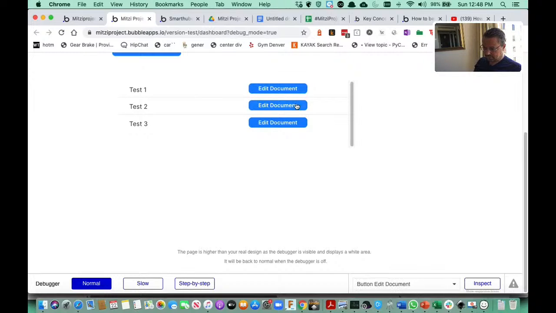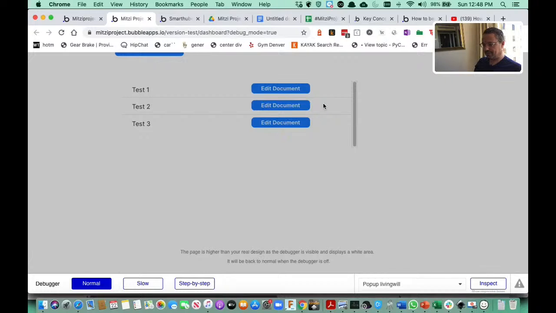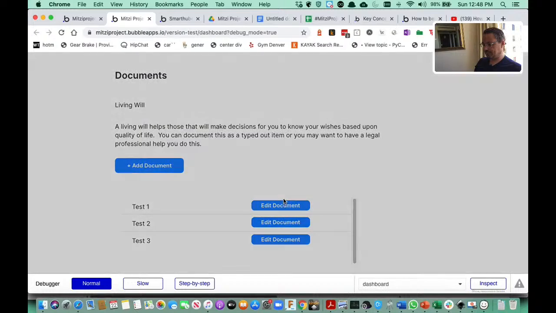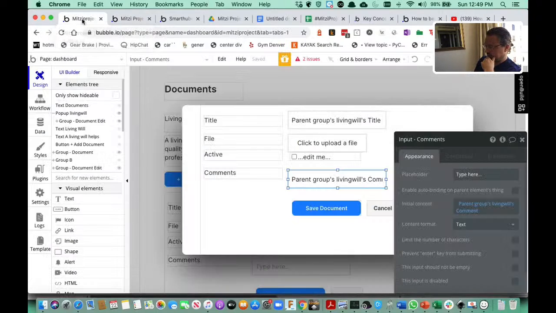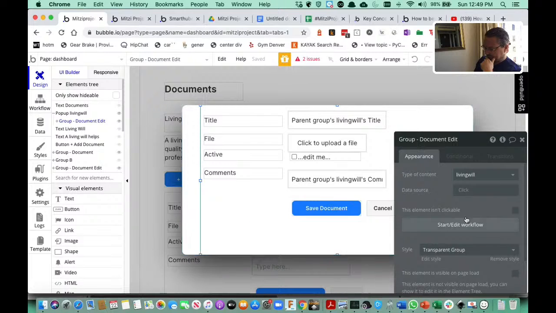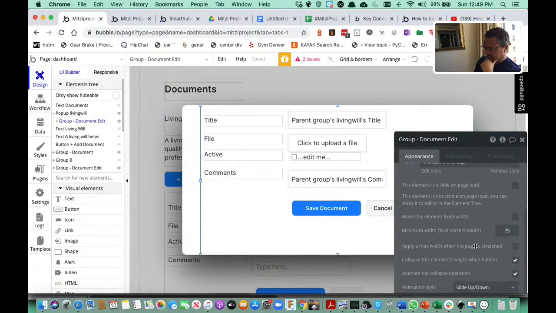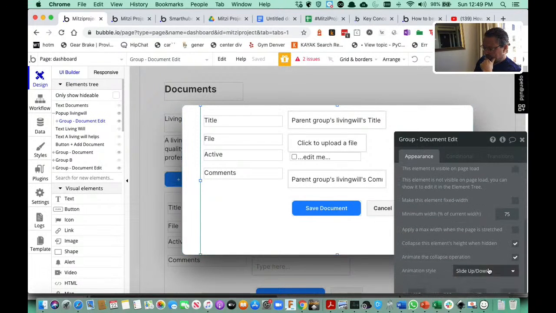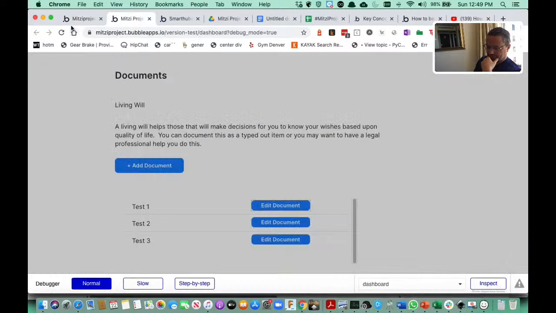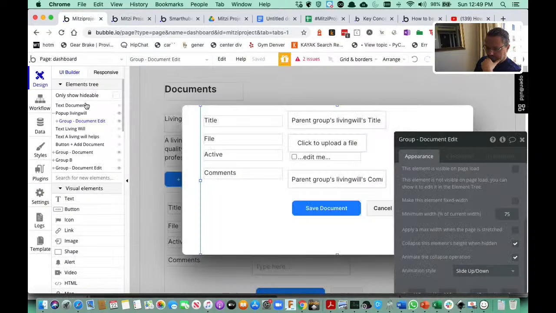Okay, so we click on Edit Document. Should get a pop-up. Which, where's the pop-up? Okay. Oh, I bet I know. So this element is probably visible on page. So we have to do one more thing, which is to show that,